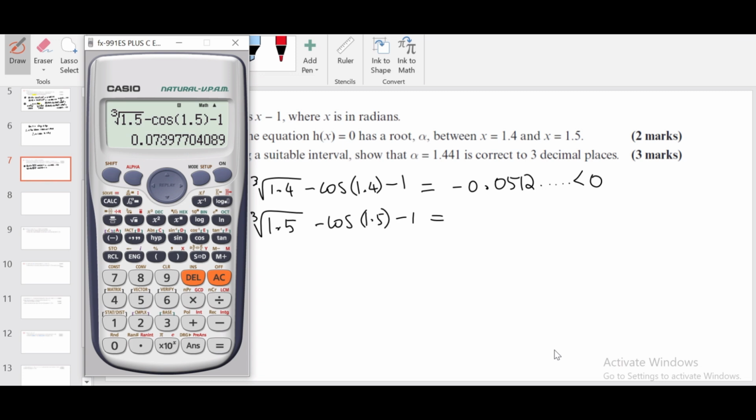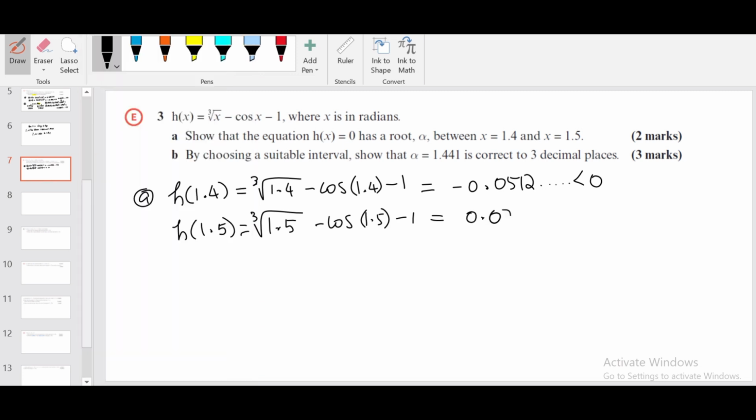So I get a positive number, 0.0739, etc., which is greater than 0. And then you need to write the conclusion. You know what to write, right? There is a change of sign, therefore f of x has at least one root alpha in the interval between 1.4 and 1.5. Understand? Part B, alpha is equal to